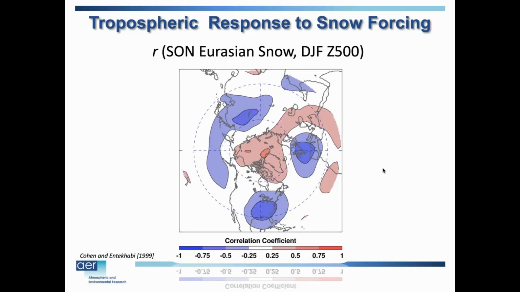So, at the very beginning of my career, I found this correlation between fall snow cover and winter geopotential heights here at 500 millibars, and hopefully it looks to you like the Arctic Oscillation. We have one signed anomaly over the Arctic basin, and then opposite sign anomalies in both the North Atlantic and North Pacific basins. Right. So if snow cover is high, you get high pressure over the Arctic and low pressure in the ocean basins. And if snow cover is low, this would be low pressure in the Arctic and high pressure in the ocean basins.